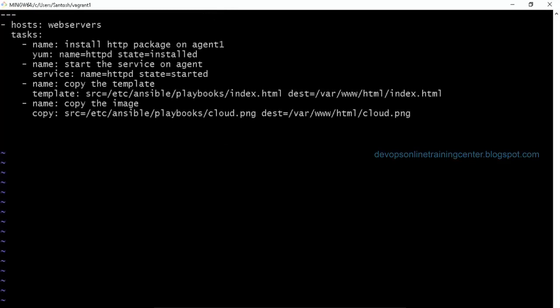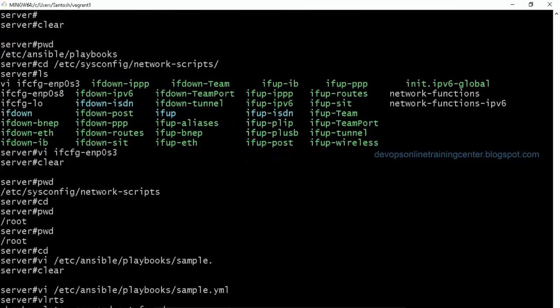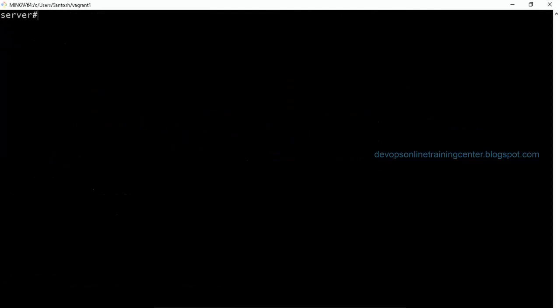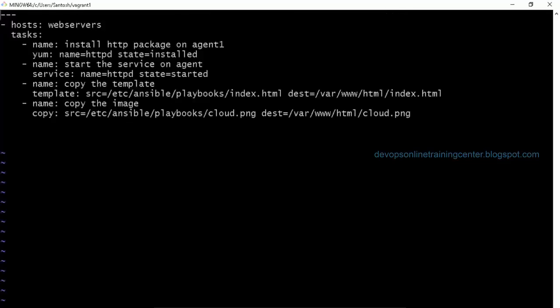So let us say I have this sample.yaml. I'll take a backup before modifying it. So this installs HTTPD, starts the service, and what is the change I need to do to copy those binaries to test nodes?